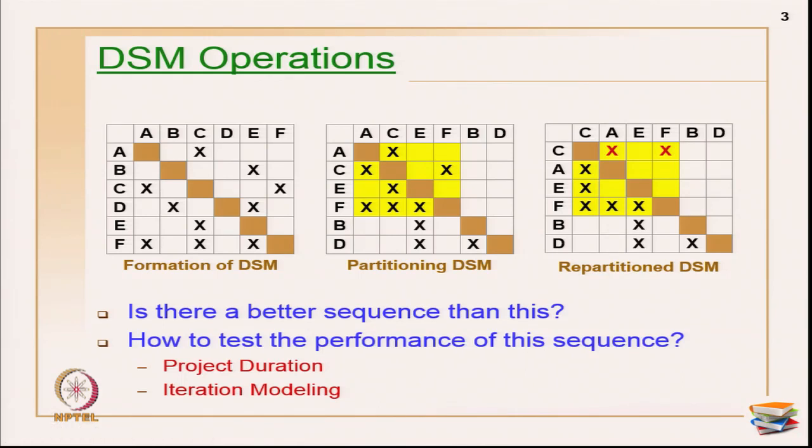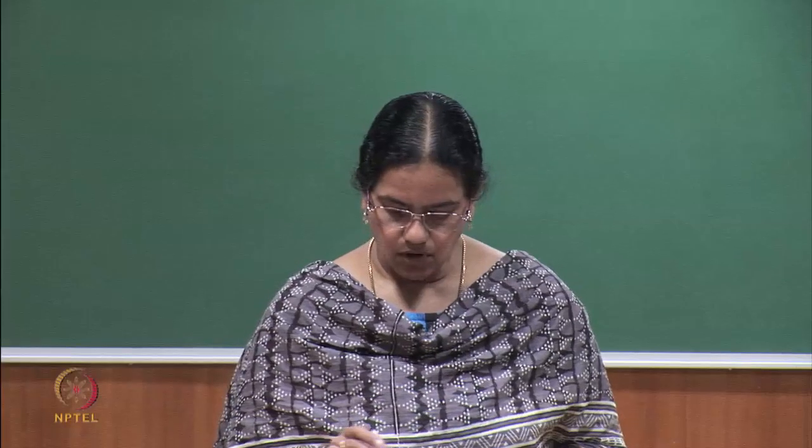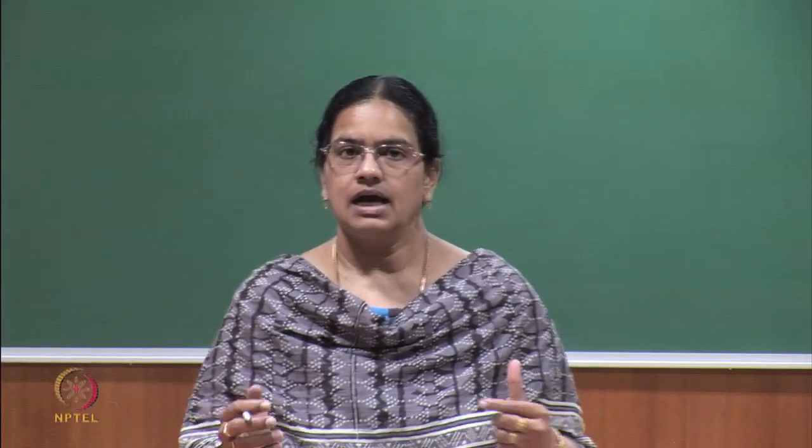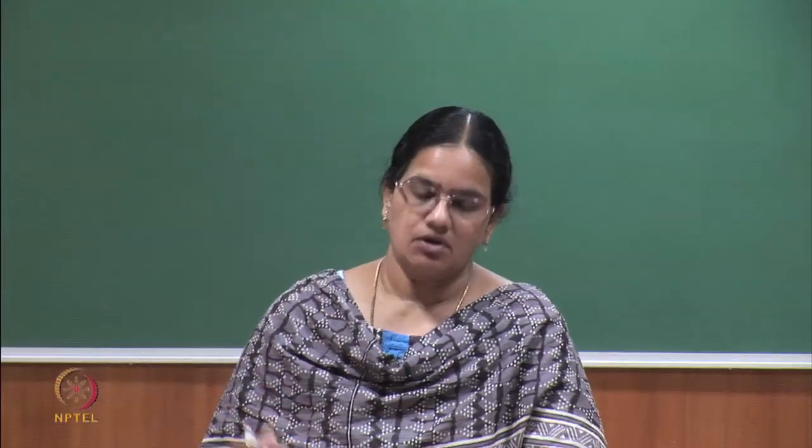Unless you go beyond these 3 steps, you are only identifying the sequence outside the block. With the partitioning you are identifying the sequence outside the block, and you are also aware of where the block formations are. In the tiering and repartitioning, you are not touching outside the blocks, you are only going to operate within the block. Within the block, where are the tier marks, what is my sequence within the block and what is my process of execution, that is what you are going to see in tiering.